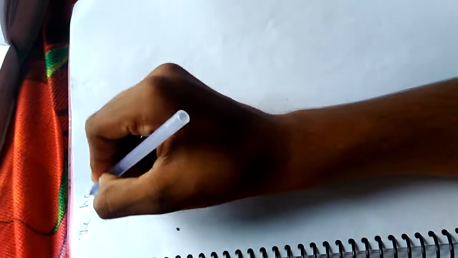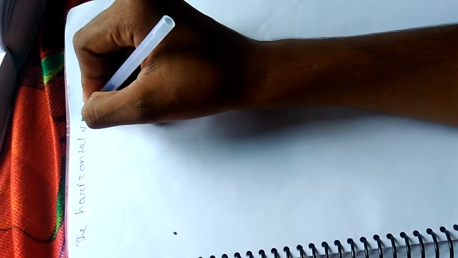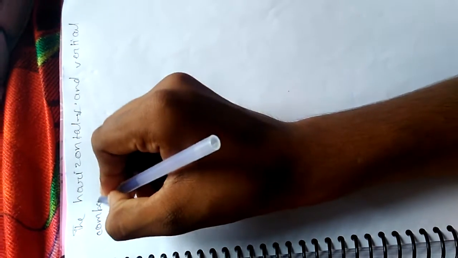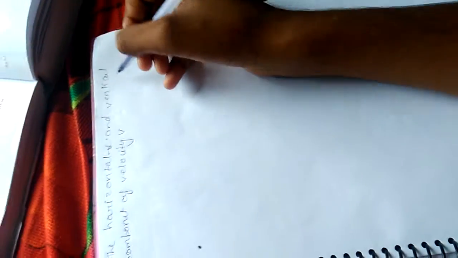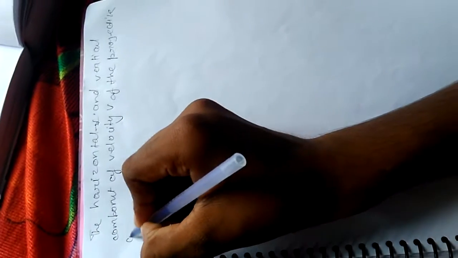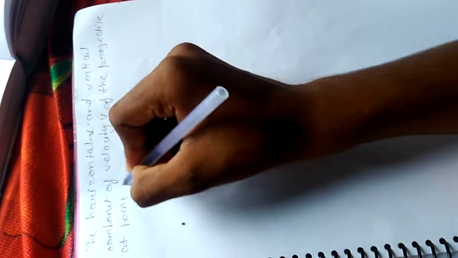And the third question is the velocity with which the projectile hits the ground. Then the horizontal and vertical components of velocity v of the projectile at point P are